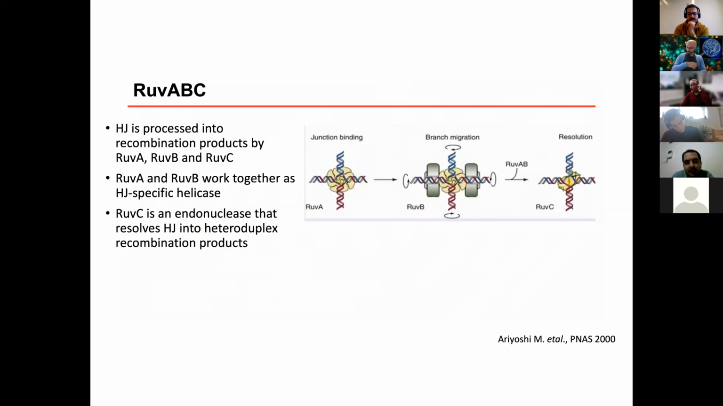So RuvA is part of a complex of 3 proteins inside the cell that's required for resolution of Holliday junctions. RuvA binds to Holliday junctions. RuvB is a helicase that binds to RuvA bound to Holliday junctions and allows branch migration. And RuvC cleaves the Holliday junction after homologous recombination is complete. So we argued,